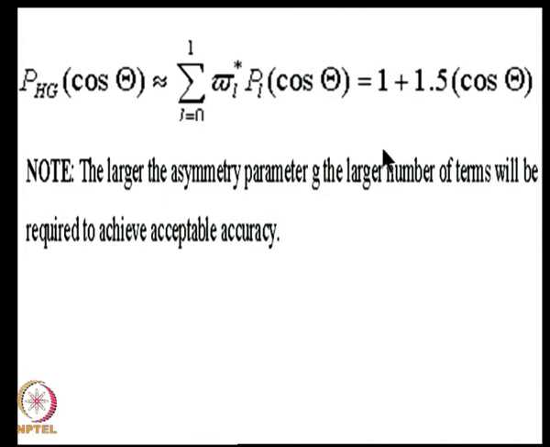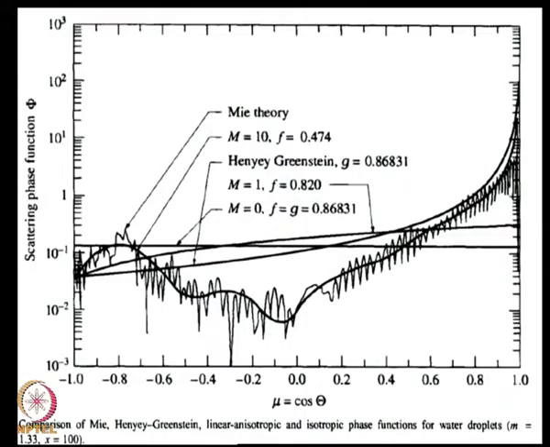And so, this is one kind of approximation, called the Henyey-Greenstein function, which takes into account the asymmetry in the scattering. Here is a comparison of the Henyey-Greenstein phase function, which is this one, a very simple formula, with the actual Mie scattering expression here,